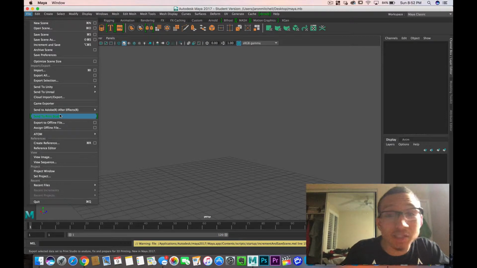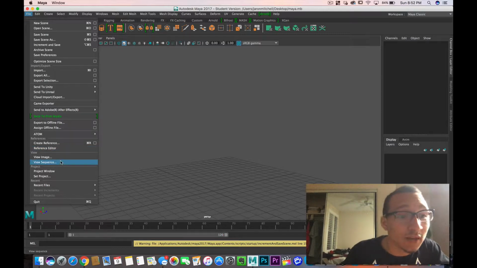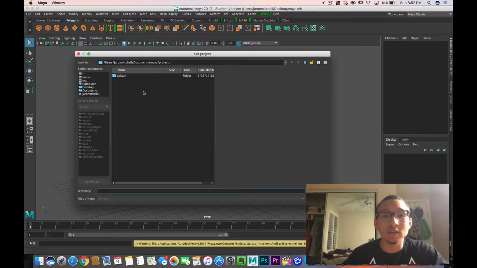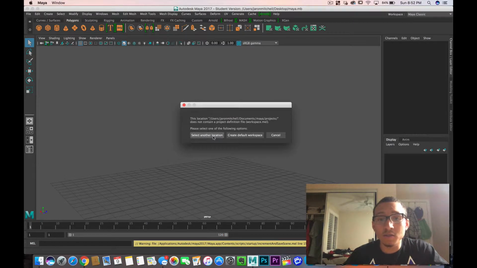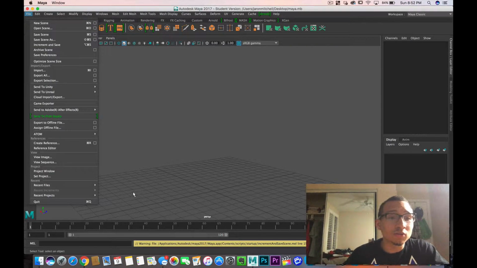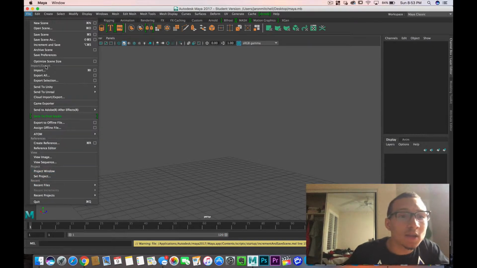I haven't been really playing as much on there, but maybe I'll have some tutorials on that as well when I'm able to start messing with it and everything. As you can see, here's the view images, where you want your images, the sequels, even you can set as project. Any project you want on a separate file, you have a name file and everything, you can do that. This will set. Select another location or set. Create a default workspace, and yeah, you can do some changes to this though, where you want all your files to be saved. But the increment save, I'm going to look more into that,